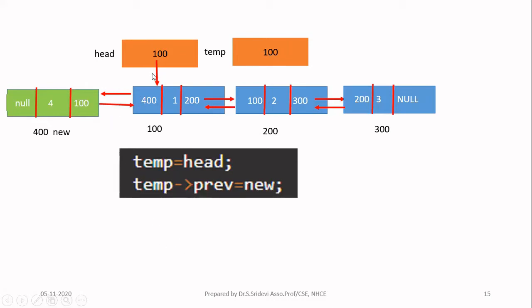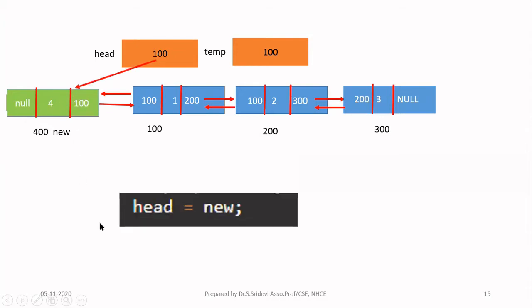Now still this is missing. Okay, this I have to create. It is actually pointing to this node only. This I have to change. It is already there, I have to change this. So now what I have to do is make this head pointer point to this new node. That we are going to do in the next slide. So I have to make the head pointer point to the new node. So I am writing head is equal to new.